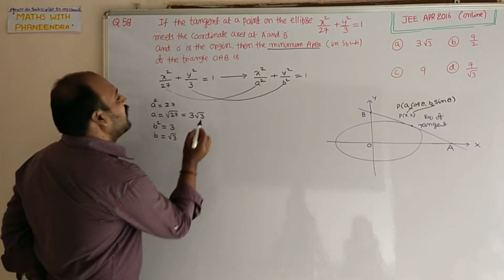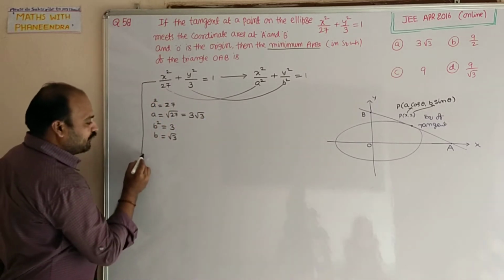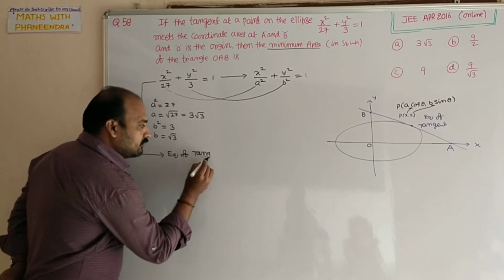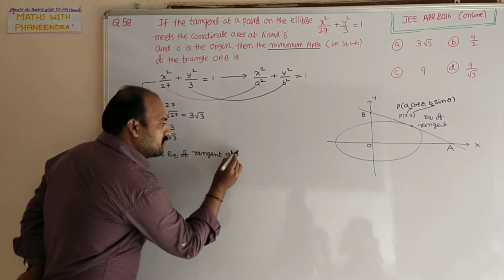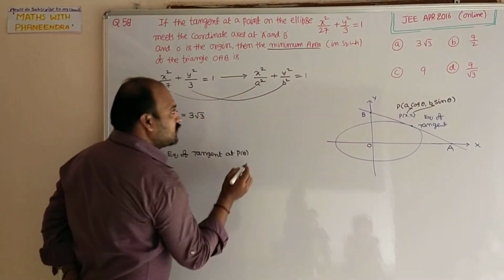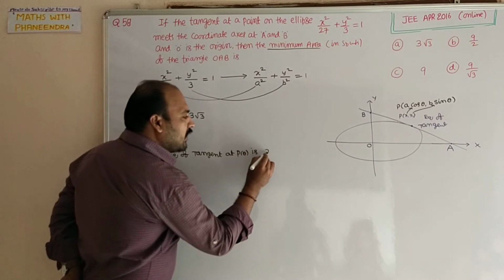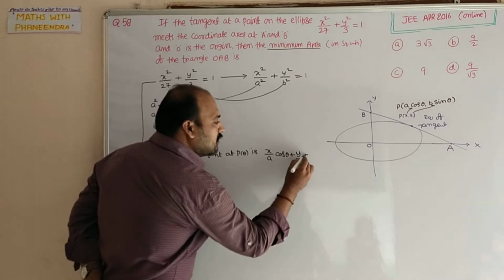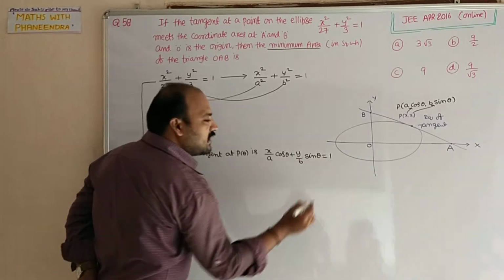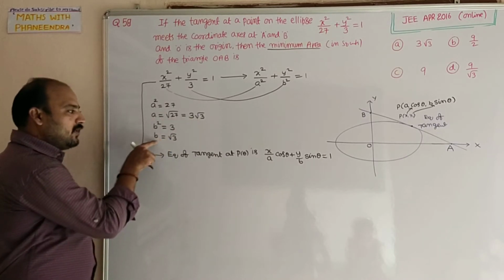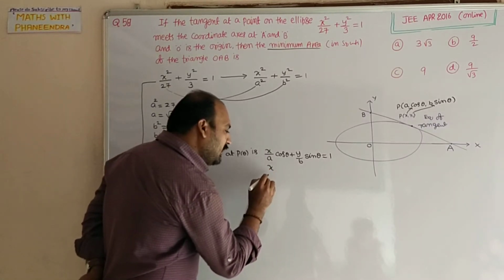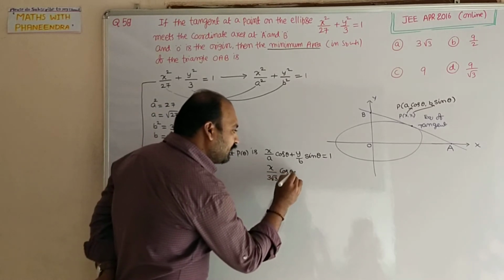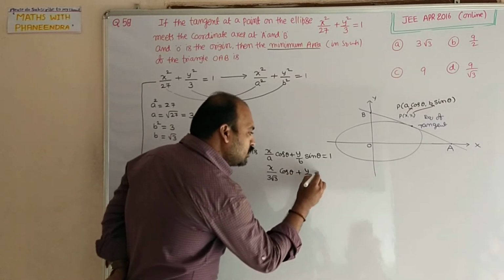So the equation of tangent at P of theta is x by a cos theta plus y by b sin theta equal to 1. What is a, what is b? The a value is 3 root 3, the b value is root 3. So x by 3 root 3 into cos theta plus y by root 3 into sin theta